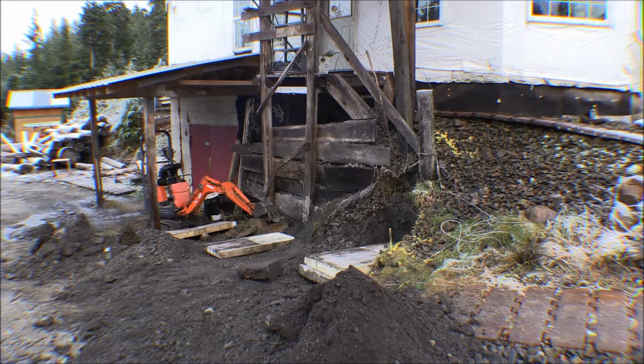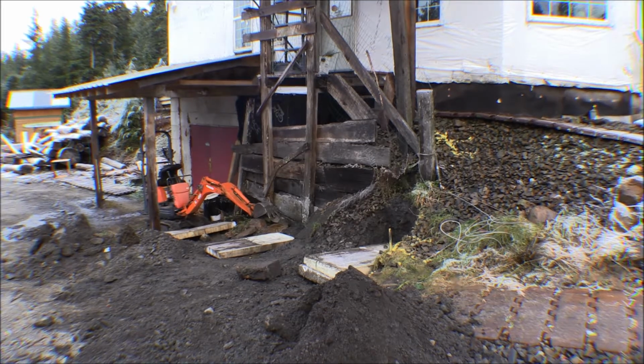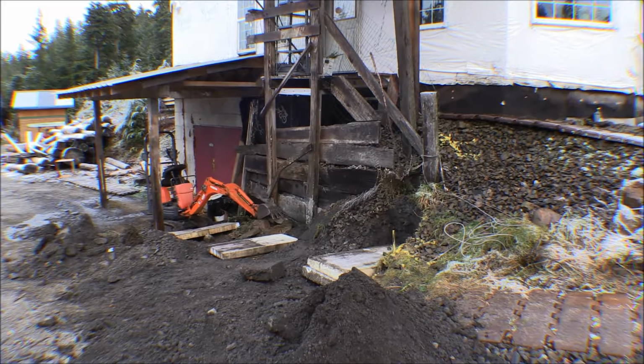We used a 3-4-5 triangle, actually a 6-8-10 triangle, to square up a corner right here, and there's a metal stake in the ground right there where the 8-foot mark is. It's square out from the house. And then we used the same 6-8-10 triangle down there off the basement to find a corner down there, and then I ran a string line down between the stakes, so I had a straight line parallel with the side